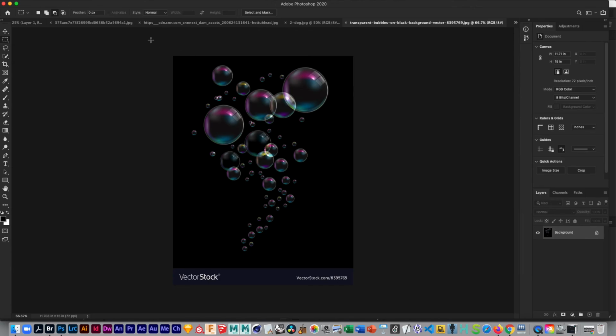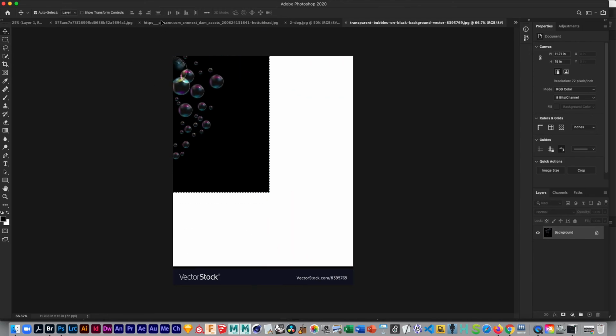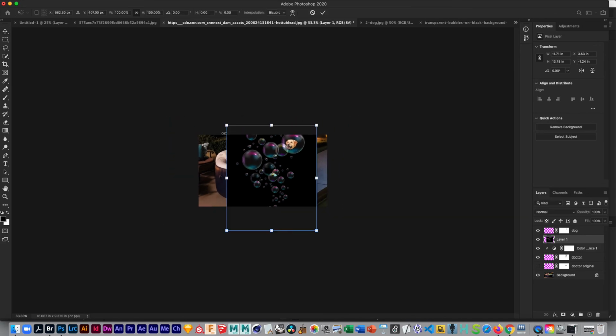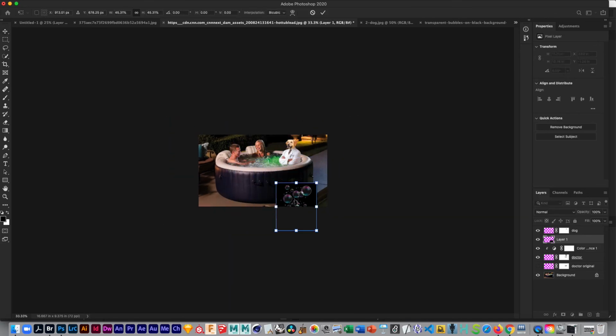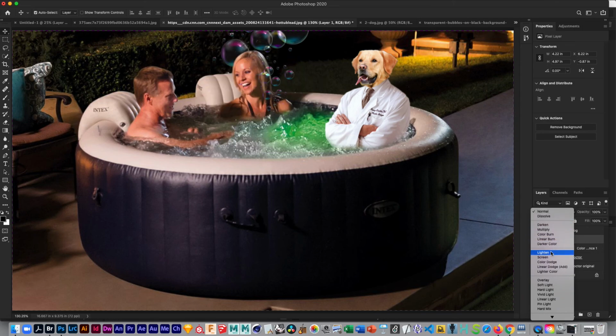And I'm going to just select the part that doesn't say vector stock. And I'm going to drag those over to our tub. I'm going to make this a little smaller. All right, and now we have this, I guess, whirlwind of bubbles coming out. I don't know. And I'm going to put my blending mode on something like lighten or screen